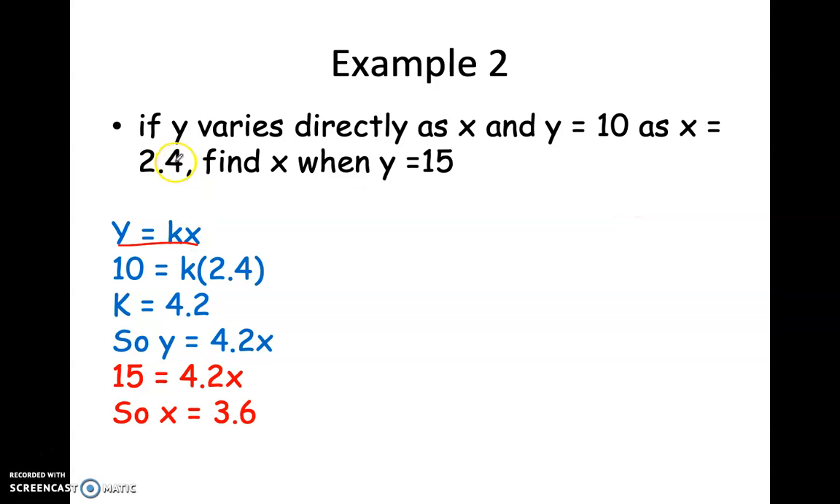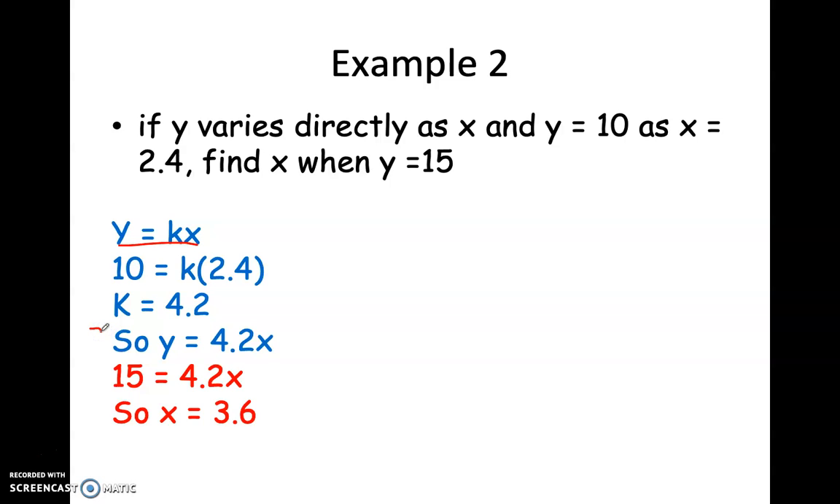Then the next thing you should do, plug in what you know. You know y is 10, so y becomes 10. You know x is 2.4, so x is 2.4. You solve this with division. Divide by 2.4, you will get k is 4.2. Then we're on to step 3. So step 3 is, step